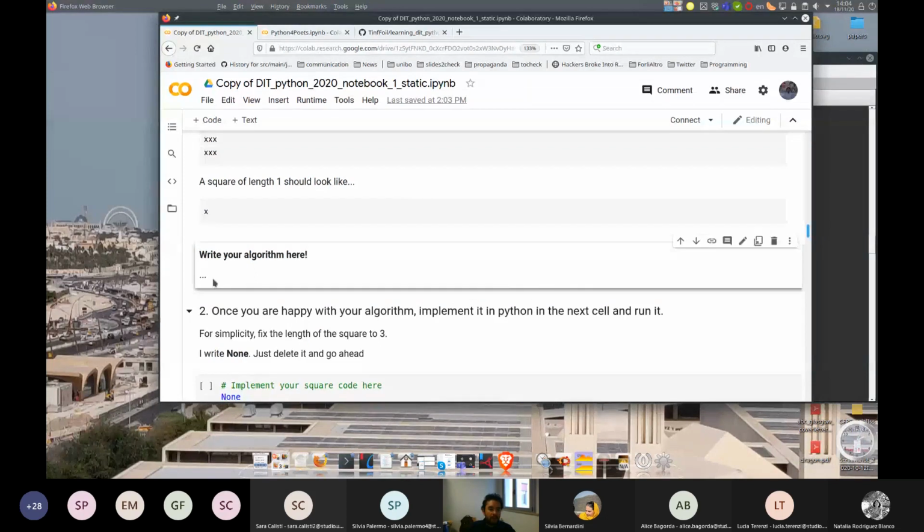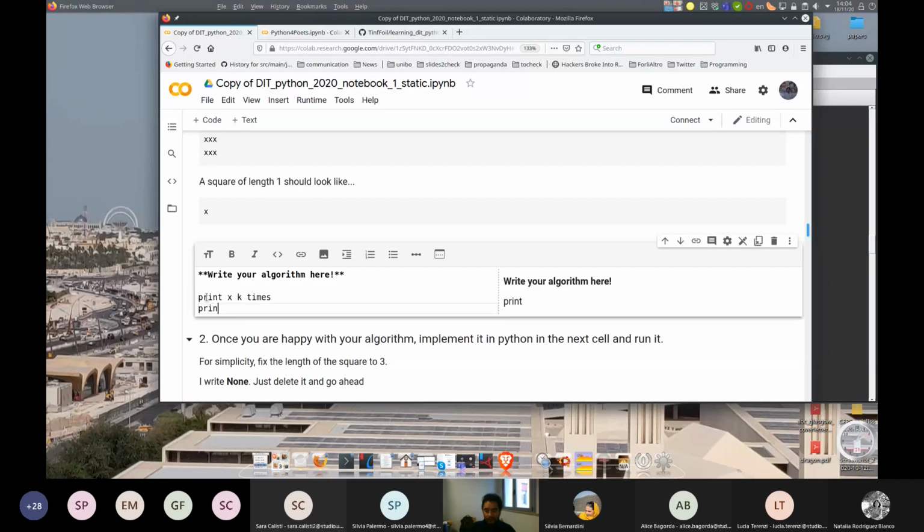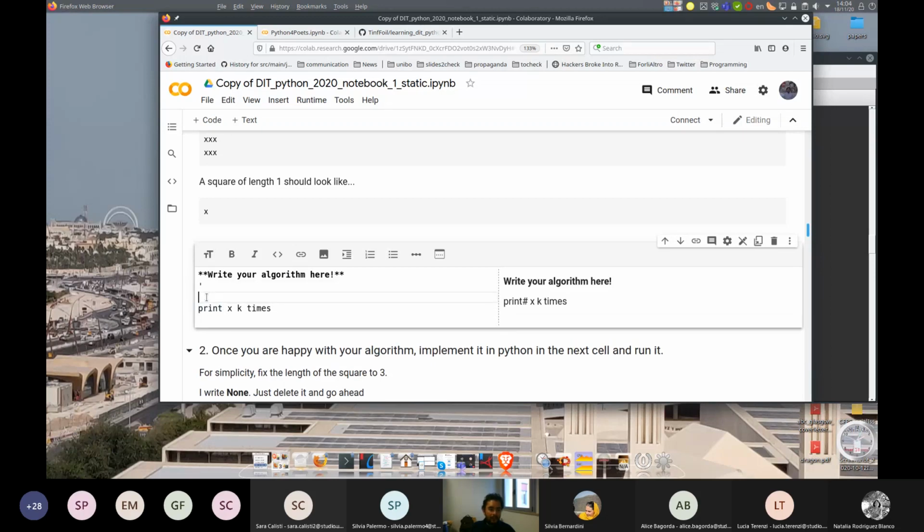So the algorithm would be something like, print x k times. This is the action you need to do, and then on top you could say that the algorithm would say for i in range from 0 to k,